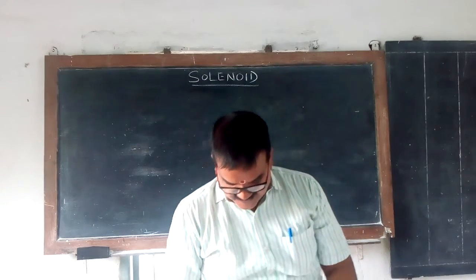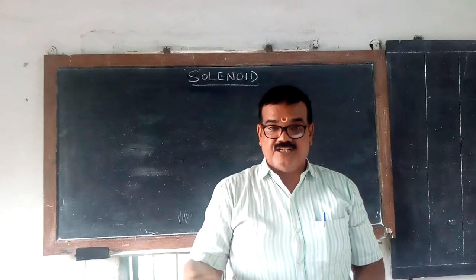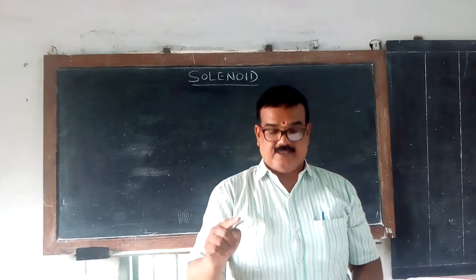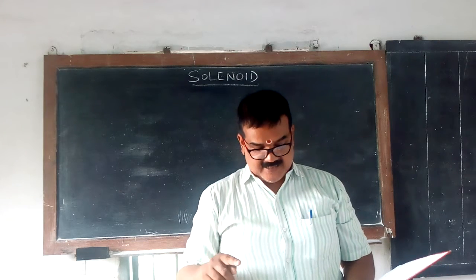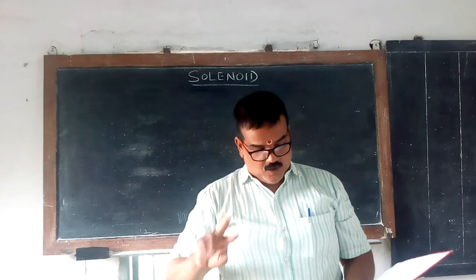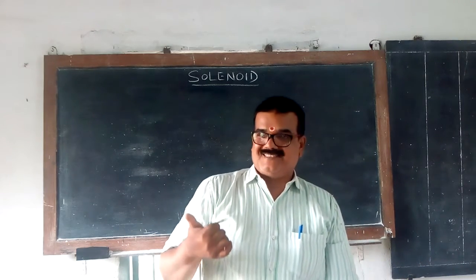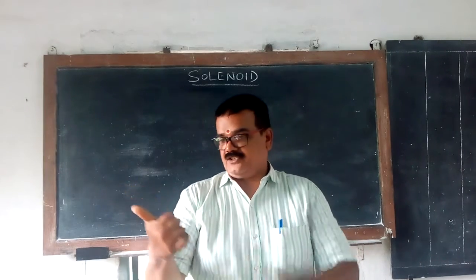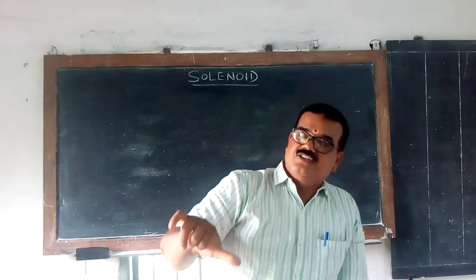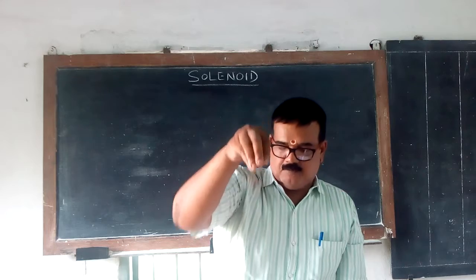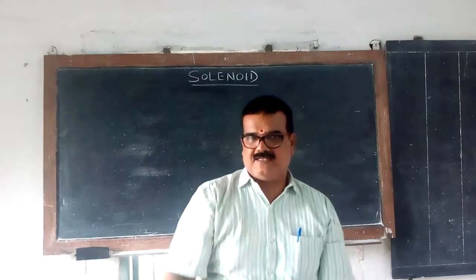Lenz's law states that when an EMF is generated by a change in the magnetic field, according to Faraday's law, the polarity of the induced EMF is such that it produces a current whose magnetic field opposes the change which produces it. It is given there. If the coil strength is more, it will pass in the same direction as the thumb; if less, it will come back in the same direction. In the book it is very clearly illustrated through a sketch. Read that and you will understand Lenz's law.